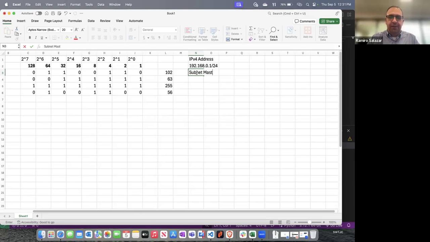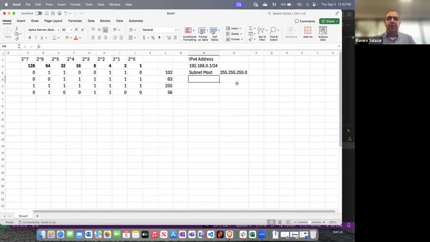Subnet mask is going to equal 255.255.255.0. Let me go ahead and explain this real quick. Remember that if I added up all of these 8 bits, they represented 255. Well, if you add up 8 bits 3 different times, you get 24 bits. And that's how your subnet mask is equal to